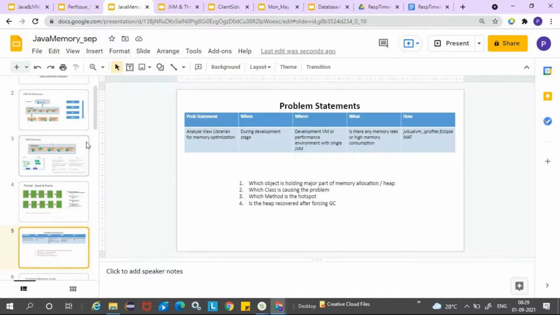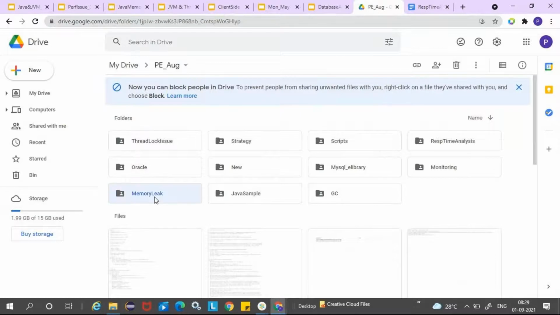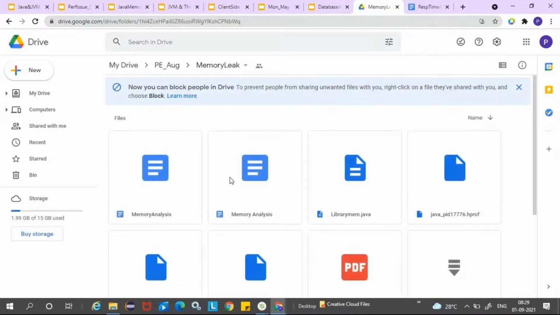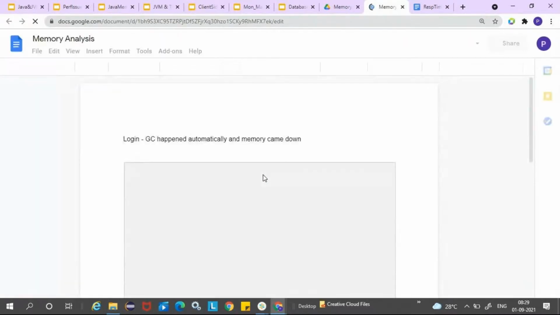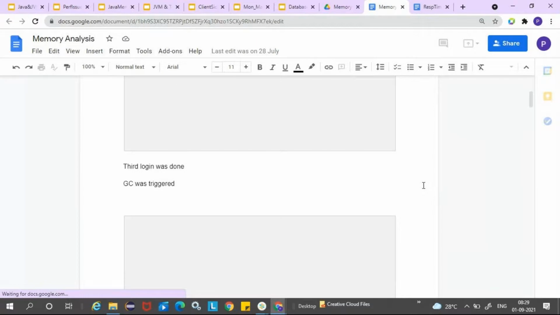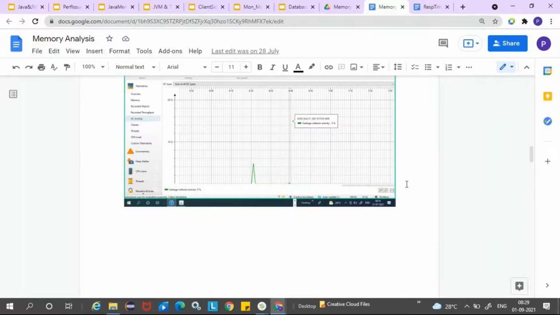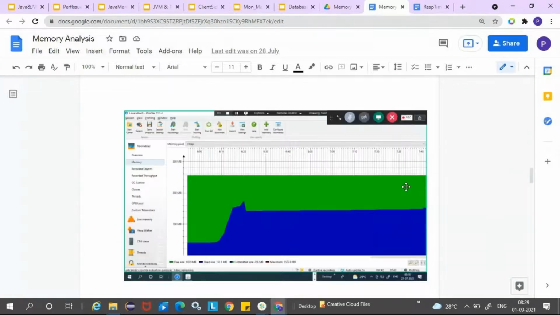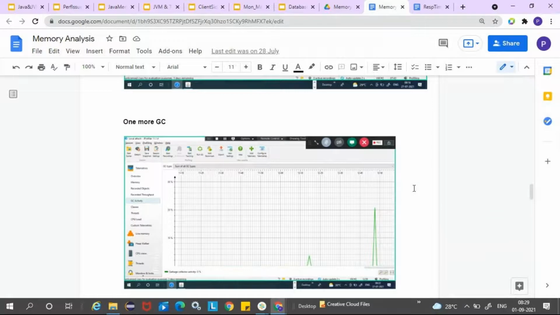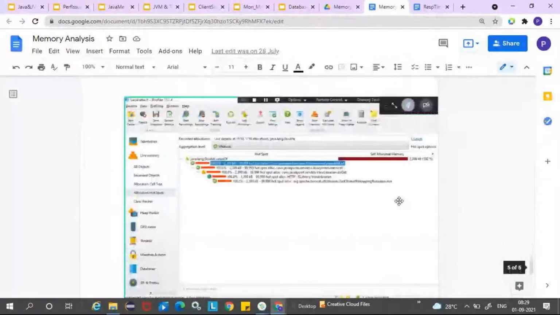And similarly, if you go to the memory tab, in the memory analysis we'll understand and capture the overall workflow for reporting as well: how the memory increased, how the memory decreased, what are the various objects that are not released properly, and then find out the root cause of the problem. That is how we will do the memory analysis.